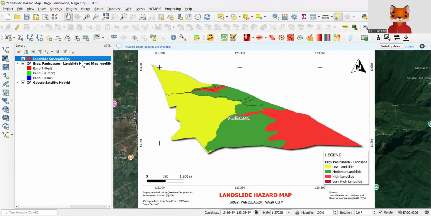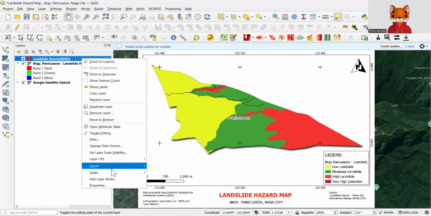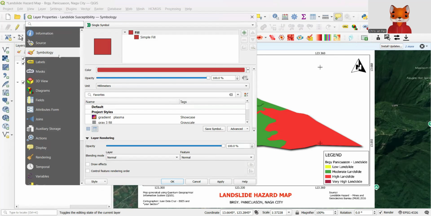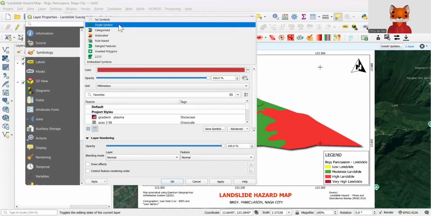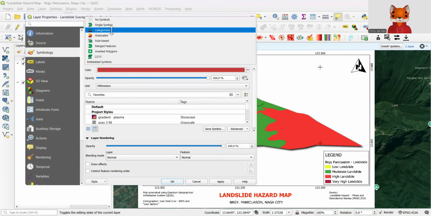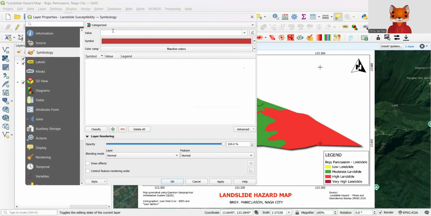First, we select landslide susceptibility, right click, go to properties. Under properties, we have our symbology. We will now categorize the susceptibility. Under single symbol, you select single symbol at the top, then you choose categorized.